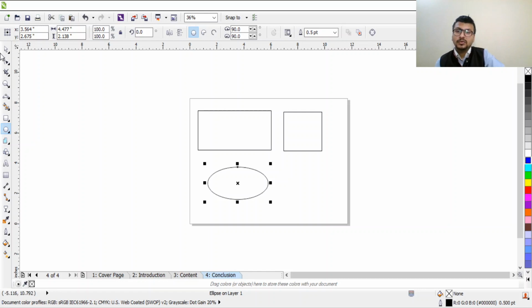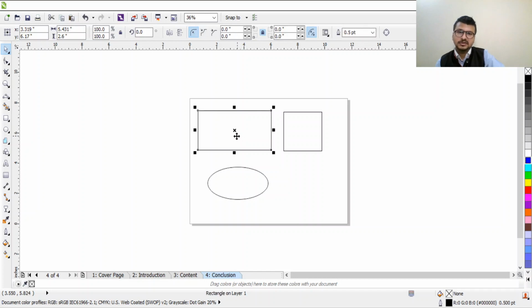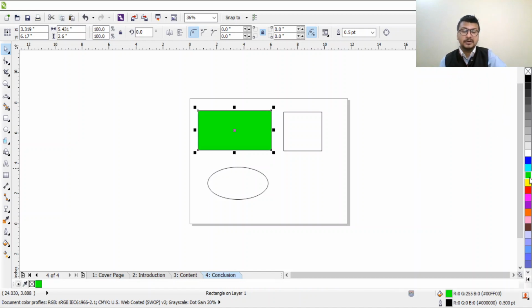If you want to fill the color inside this shape, we will click on the particular shape on which we have to insert the color. And on the right side you can see there is a color palette. If I choose this green color, it will be green. If I choose a red color, it will be red. The brown, whatever you require. You can see at the bottom right side the bucket and the pen nib.